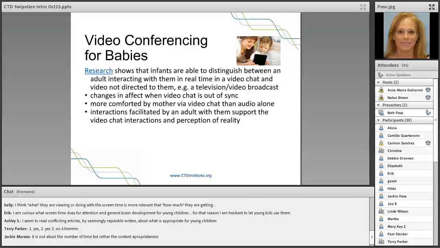This was shown that they could see changes in the baby's affect when the video chat was out of sync. So when what was on the face didn't match with what they were hearing, they were much more likely to tune out and to not be engaged in it. They were more comforted by their mother's voice and face together via a video chat than just audio, just